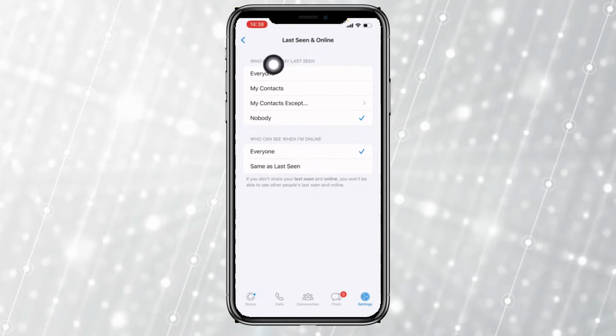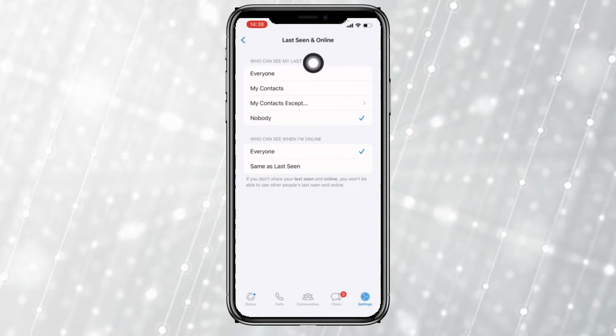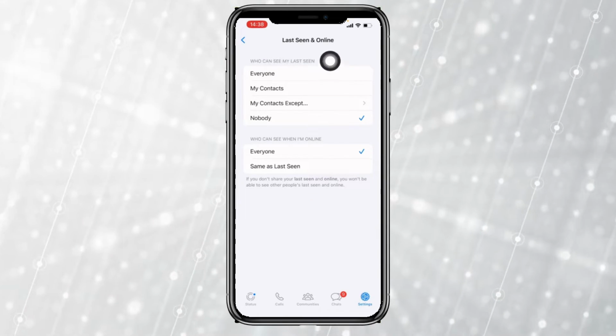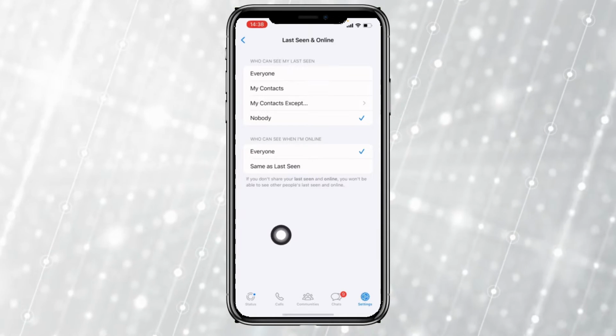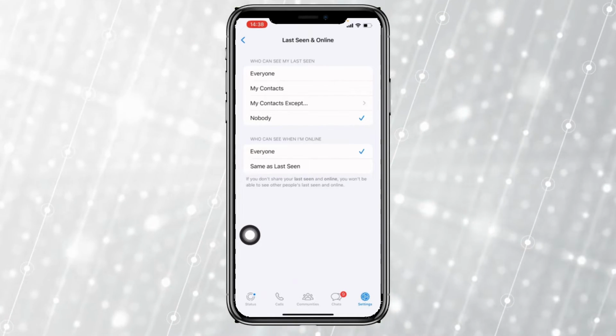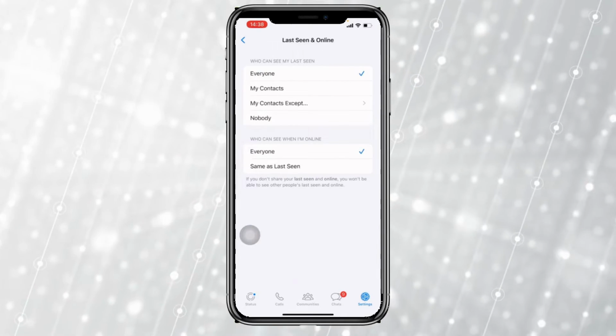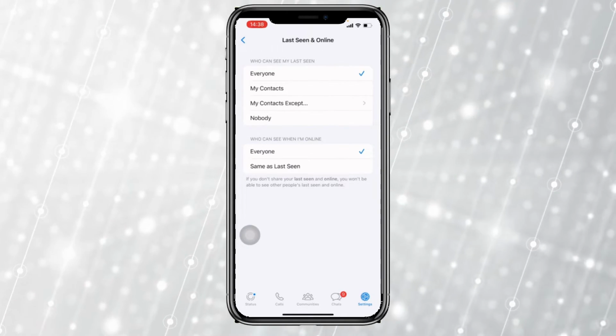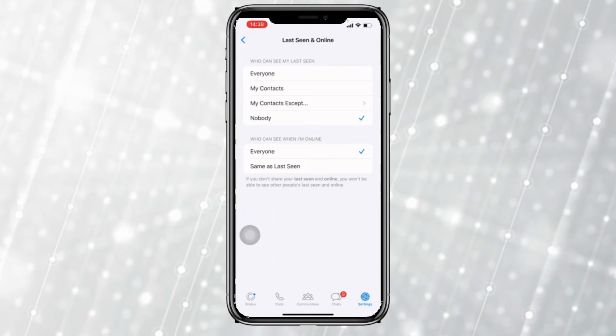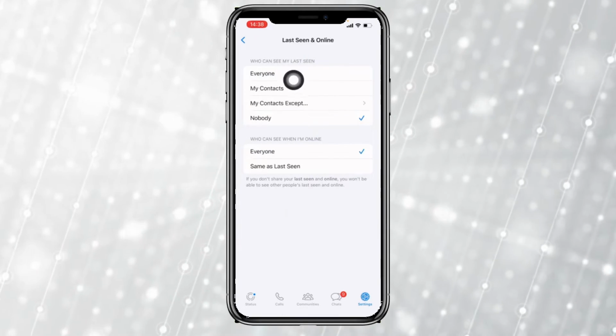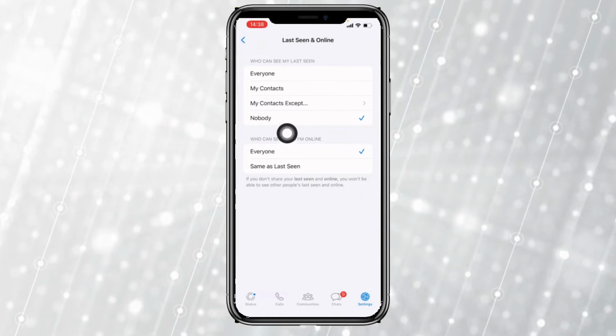The first one here is where you can set who can see my last seen. So basically, you want to set it to nobody, because most of the time, it is going to be on everyone right here. So you want to switch it to nobody at this particular section, which is the section at the top right here. And then down right here, you're going to see another option, which you can